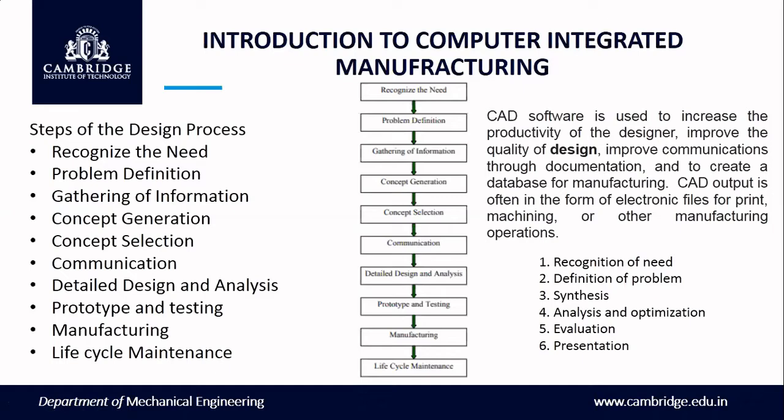What does recognition of need mean? It involves identification by someone that a problem exists for which some corrective action should be taken. The problem may be either identification of some defects in the existing machinery, or a need to develop a new product or something like that. That is called recognition of need. Next, problem definition involves a thorough specification of the item to be designed, what exactly you are supposed to design. This specification includes physical or functional characteristics, cost, quality, and operating performance.